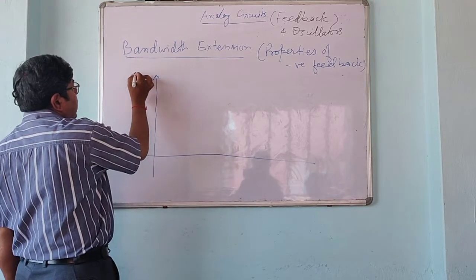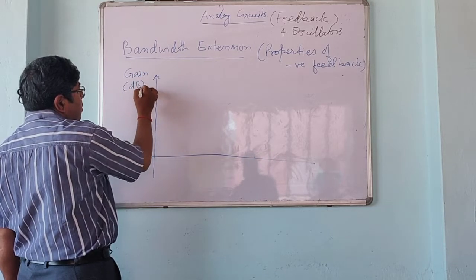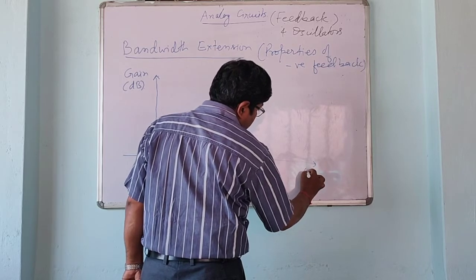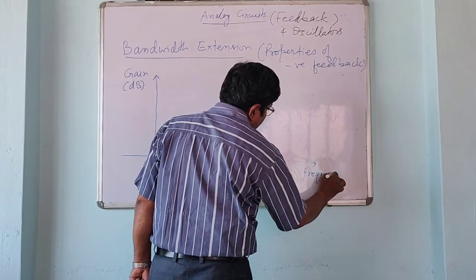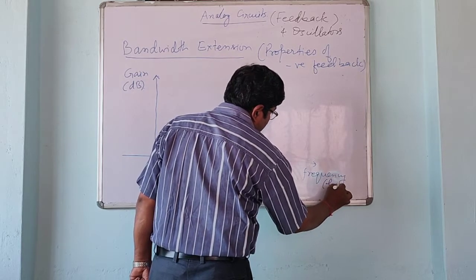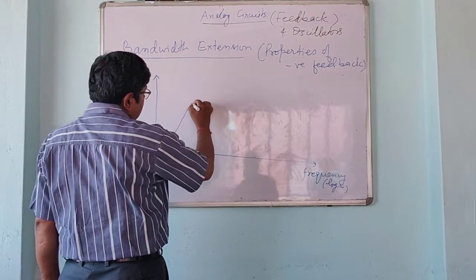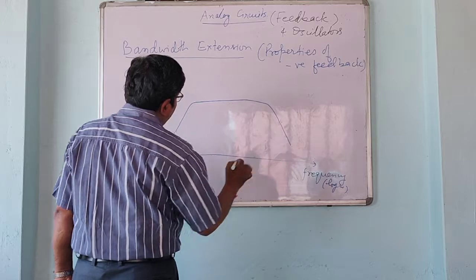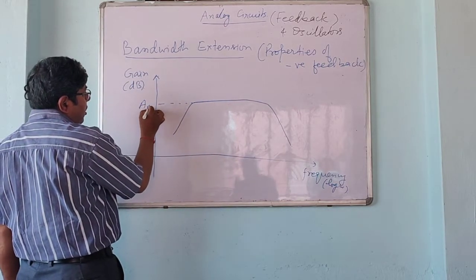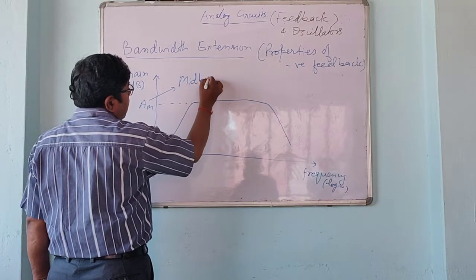करते हैं, जिसमें वाई एक्सिस पर हम लोग गेन लेंगे डीबी में और एक्स एक्सिस पर हम लोग फ्रीक्वेंसी लेंगे। This is the log frequency. Generally, gain curve is like this, in which this is the mid gain. This is called the mid band gain,